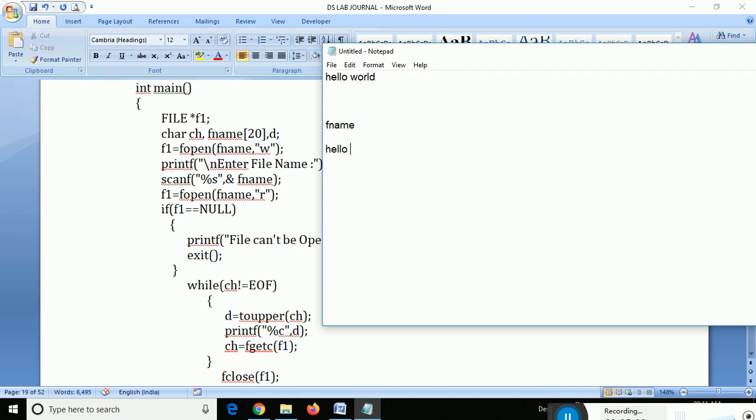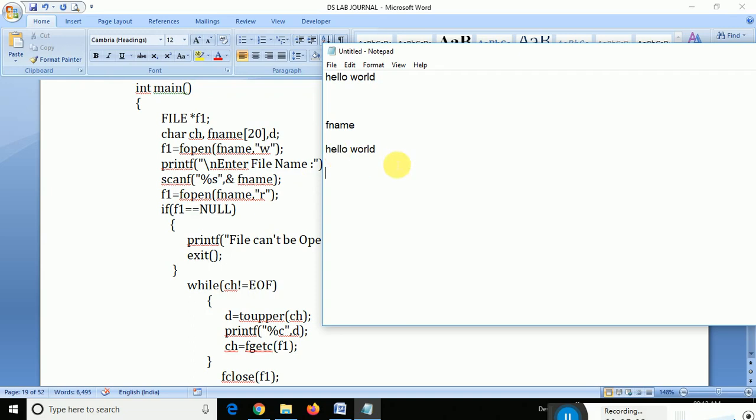I will write hello world in small letters, and that small-letter text will then be read by f1. It will check whether the file is in a proper format or whether it is corrupted through a virus. If nothing is there in the file, it will say file can't open and exit. If something is there, now I have written hello world in the file.